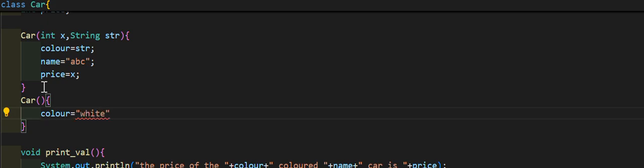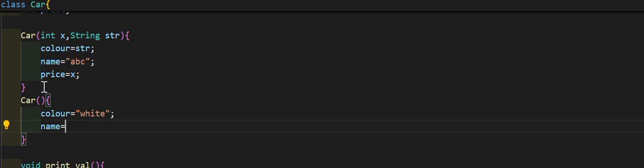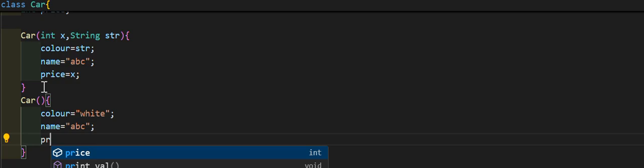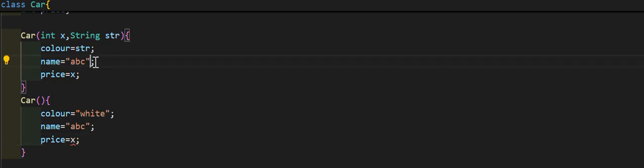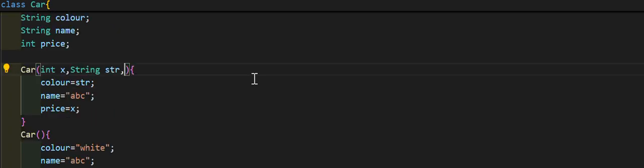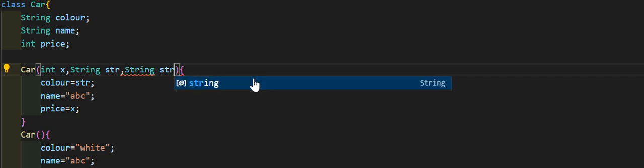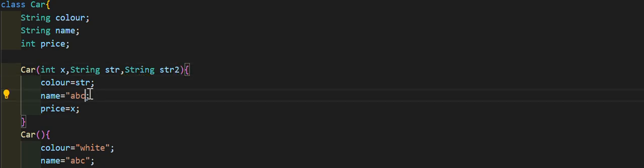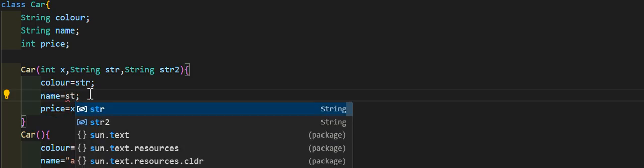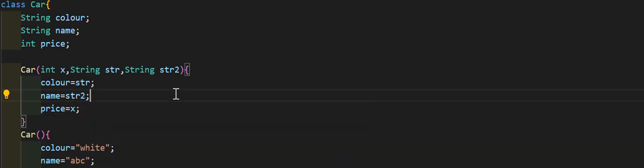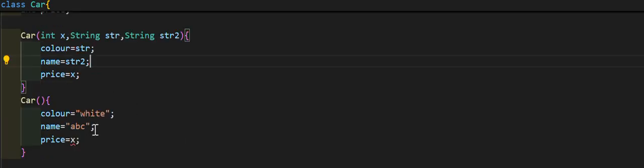In my previous example, white, and then name should be ABC, and then price should be X. So here I had set a default value of ABC over here, but in order to make your understanding even better, let us create another string str2 and let us write str2 over here. So this is my default constructor.